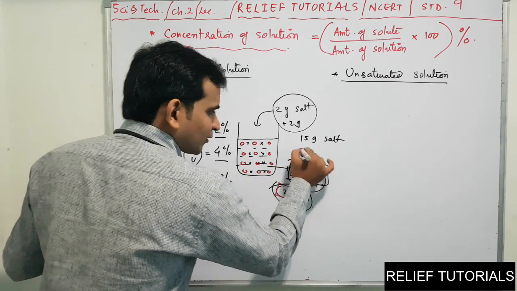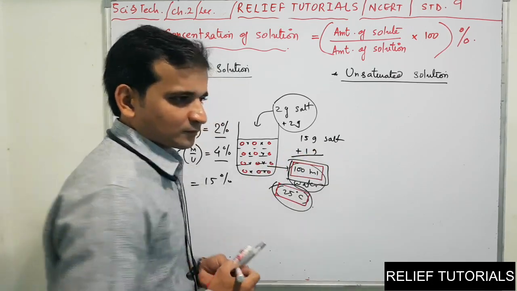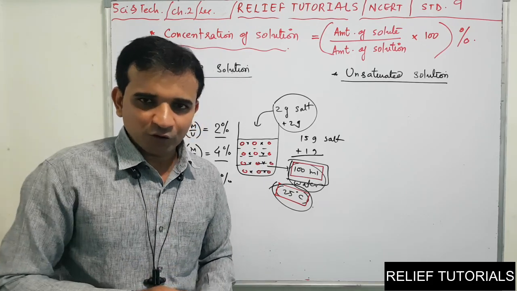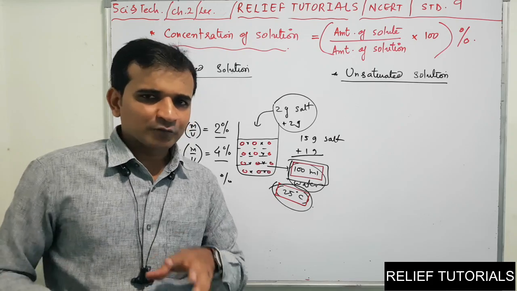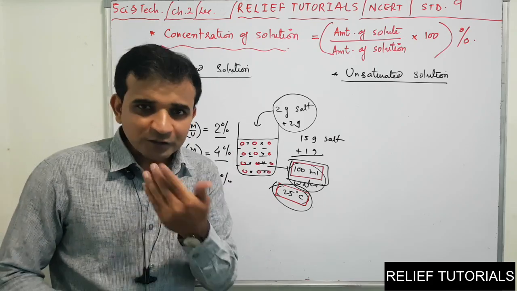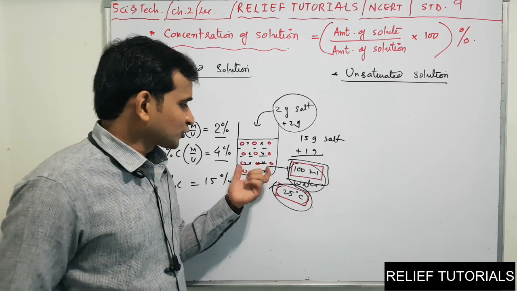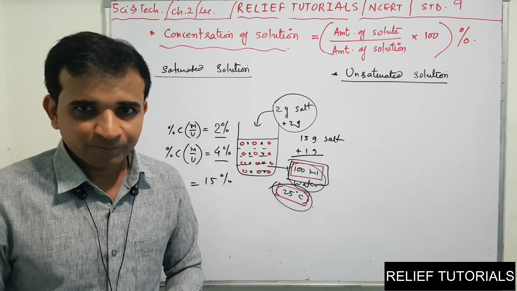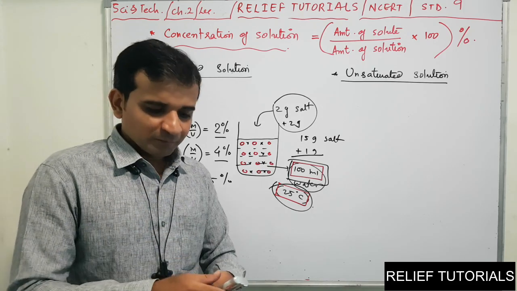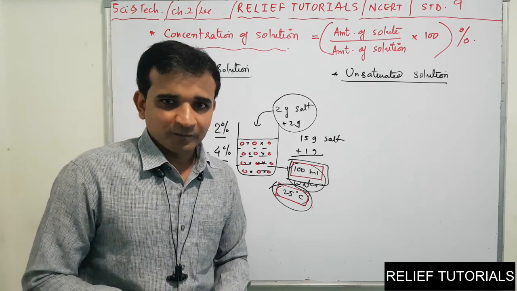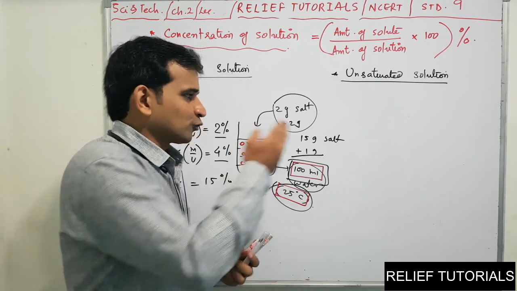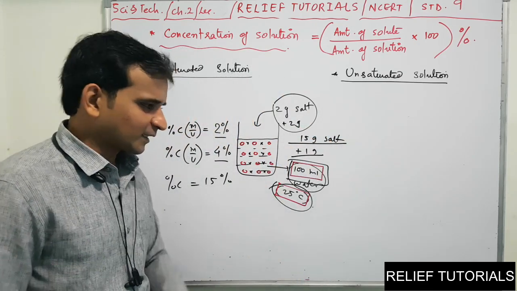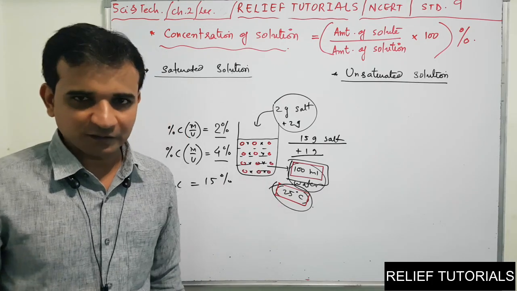Okay, you are adding 1 more gram of salt. Already you have dissolved 15 gram. You are adding 1 more gram of salt. You are stirring it, but you will see that that 1 gram salt is not dissolving because now there is no space available for more molecules of salt. So no more solute will be dissolved in the solution. Means maximum solute you have dissolved. At maximum, you have dissolved 15 gram in this 100 ml of water at 25 degrees Celsius.